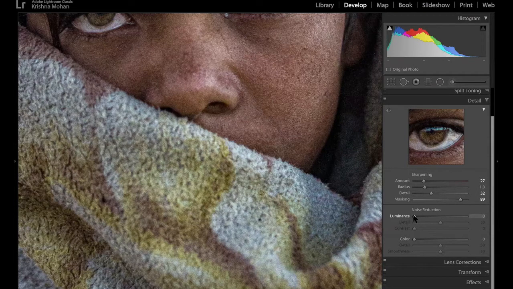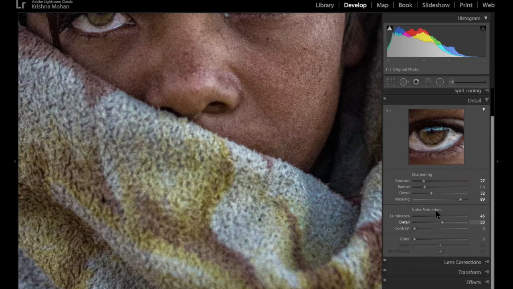For noise reduction, I increase the value to a point where I start finding the details are really disappearing. So I keep on increasing the value up to a point, and then I slightly back it off. I go to a point where the details are getting lost, then I back off. That is where I use the noise reduction. Then I go to the detail slider, and most of the time I don't need to touch the detail or contrast slider.